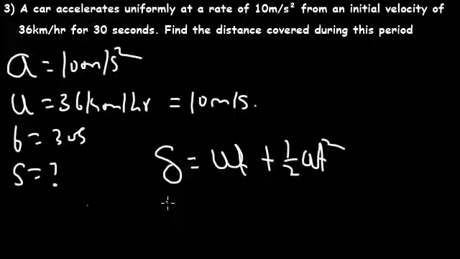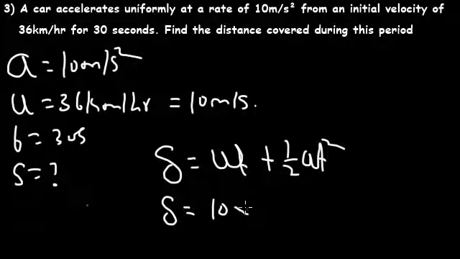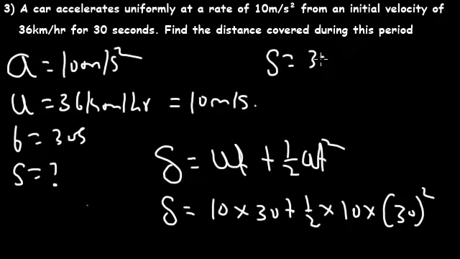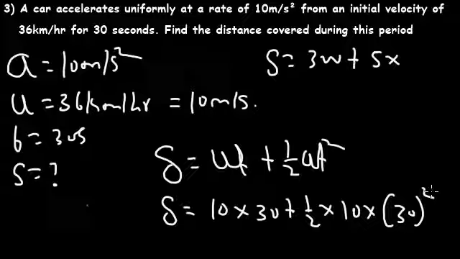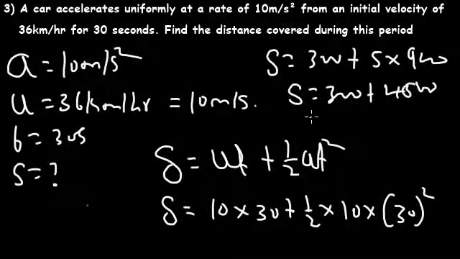So therefore, upon substitution, s becomes the speed 10 times the time 30, plus half times the acceleration 10, times the square of the time, 30. So 10 times 30, s equals 300 plus 5 times 30 squared. We have 30 squared, that gives us 900. So therefore we have s equals 300 plus 5 times 900, which is 4,500. When we have that, we have s equals